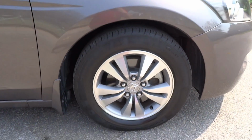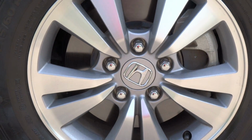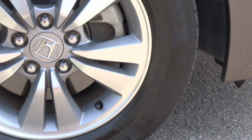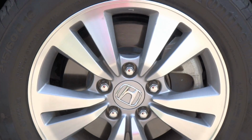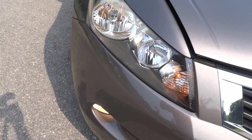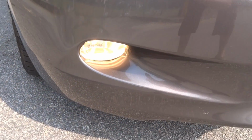Both the 2-liter VTi and VTi-L get the same 16-inch alloy rims. Original tires for this car are Goodyear Excellence, but this one has been fitted with Continental ContiPremiumContact 2 215/60 R16 tires. Halogen headlights on a reflector lens, front fog lights,